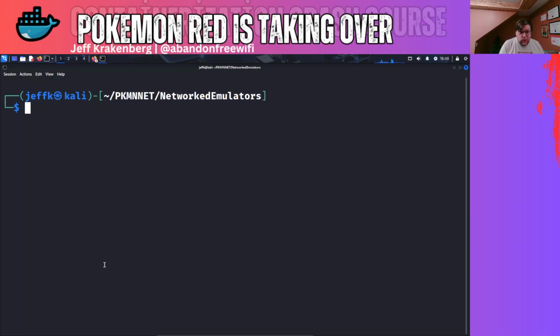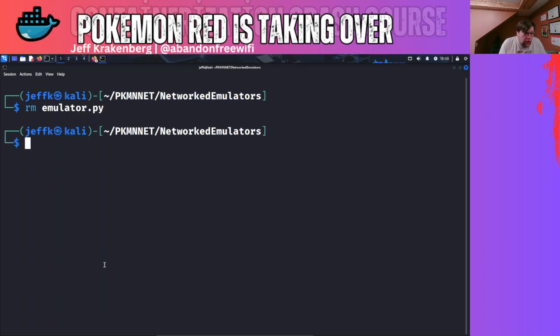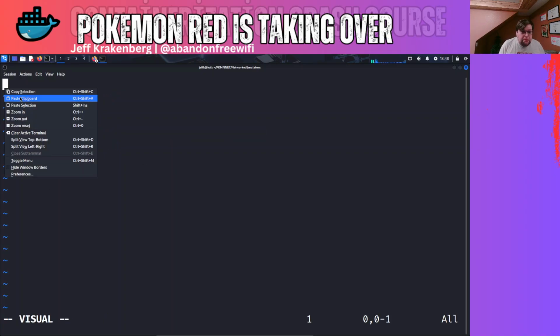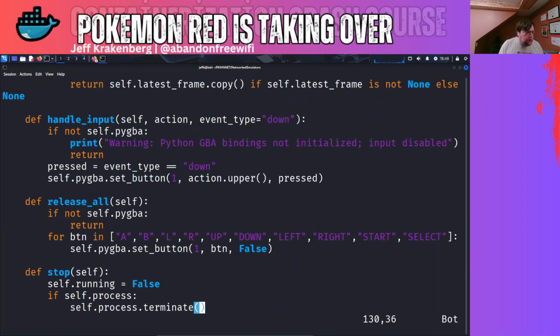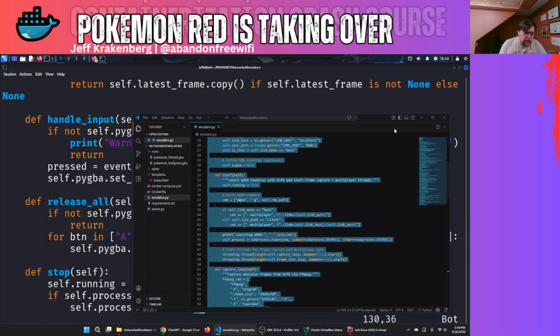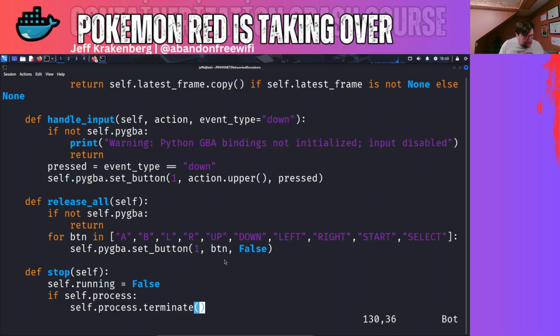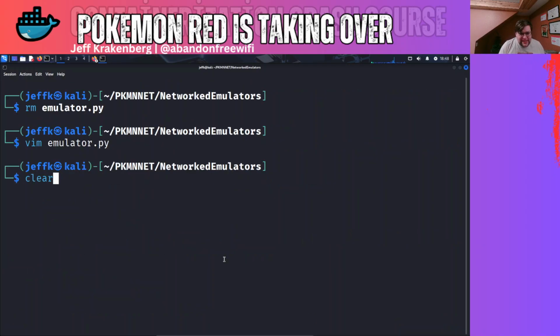We're just going to replace the whole file using Vim. First, we're going to rm that emulator.py file. It's gone now, right? And then what we're going to do is go ahead and do vim emulator.py. And then right click and paste the entire code from VS Code, which is a much easier, user-friendly way to do this. And at that point, you can go ahead and write quit your changes and then